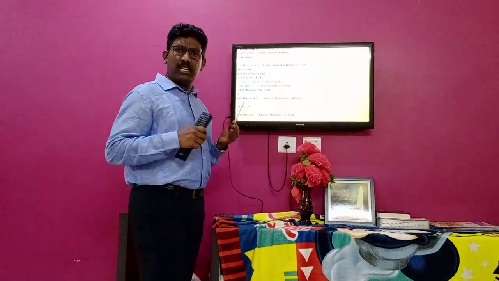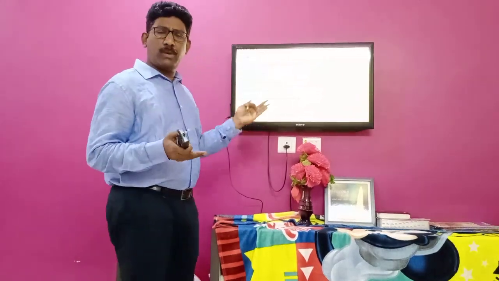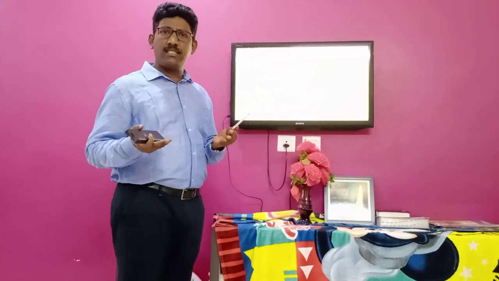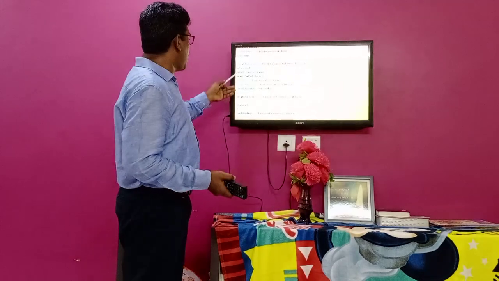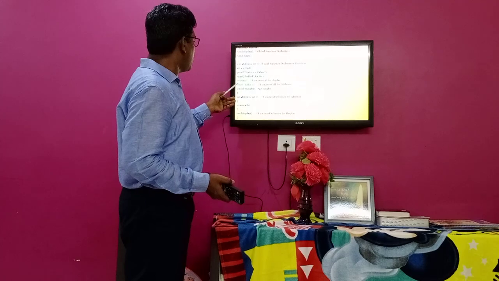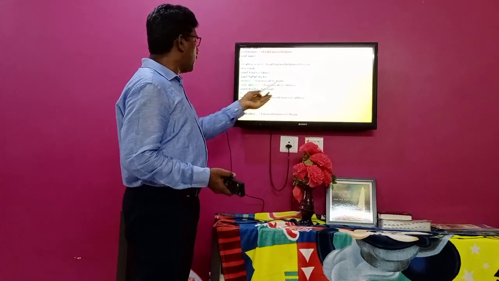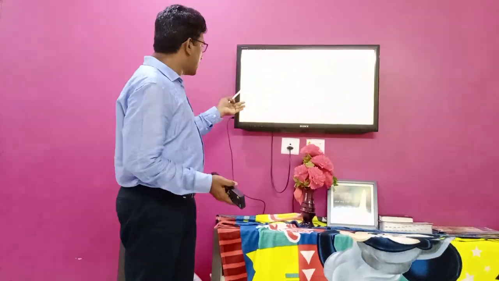Without functions, is it possible to solve this particular problem, that is addition of two numbers? Yes, we can simply declare these variables, ignore these statements, write c is equal to a plus b, and display that c value. But in this case, you cannot experience the power of functions.